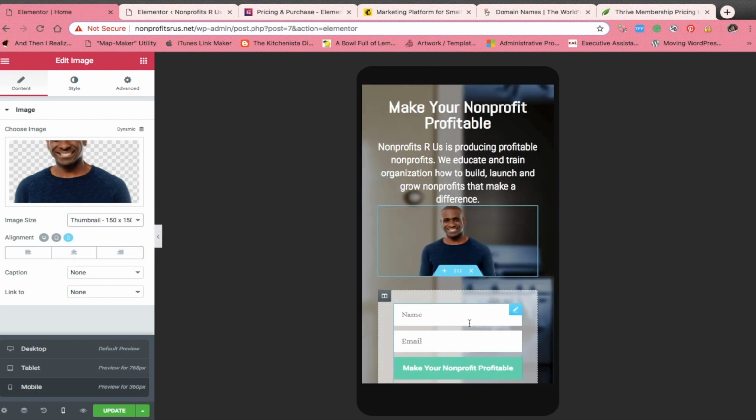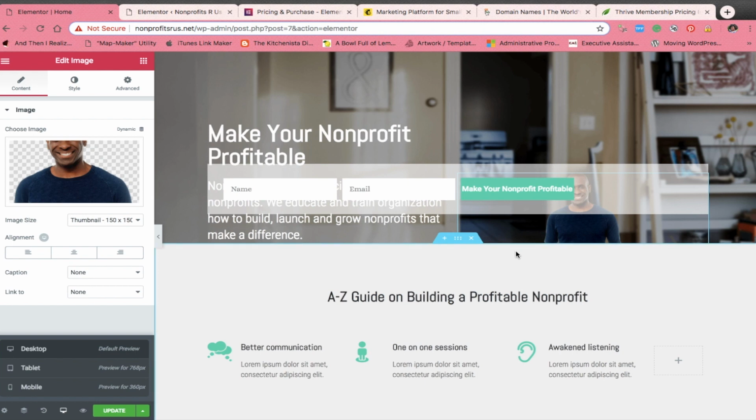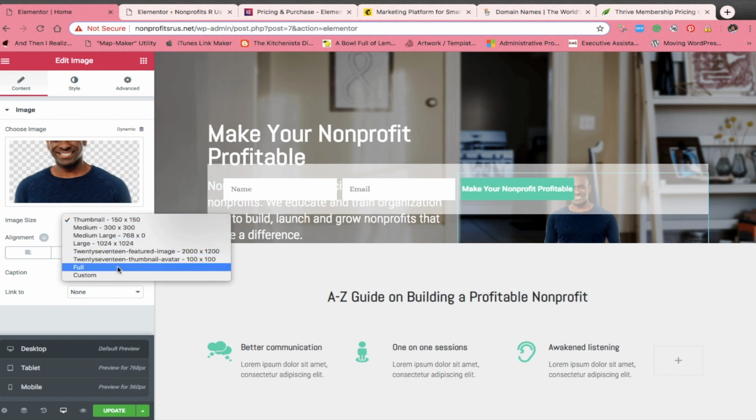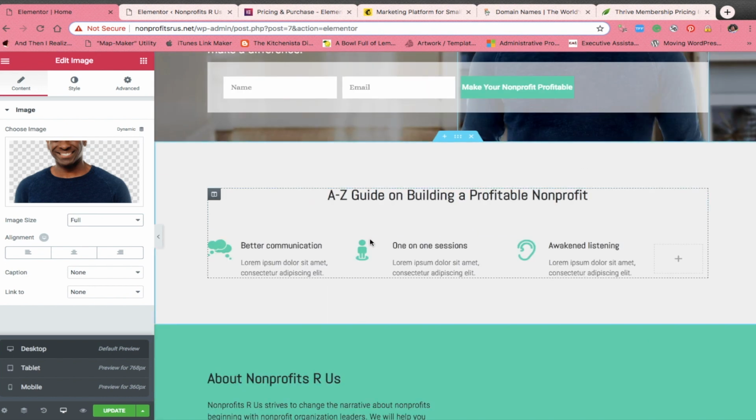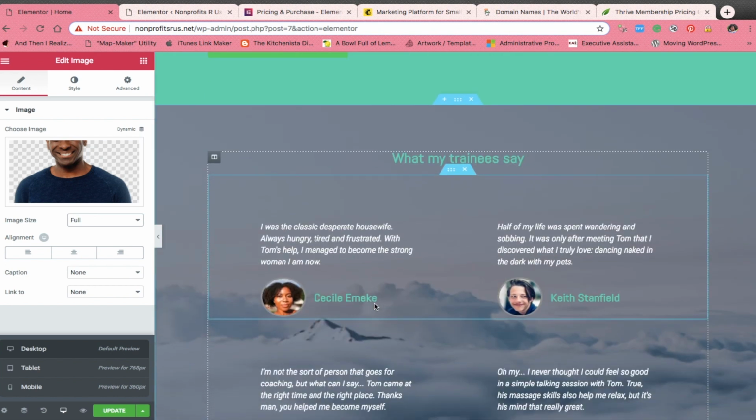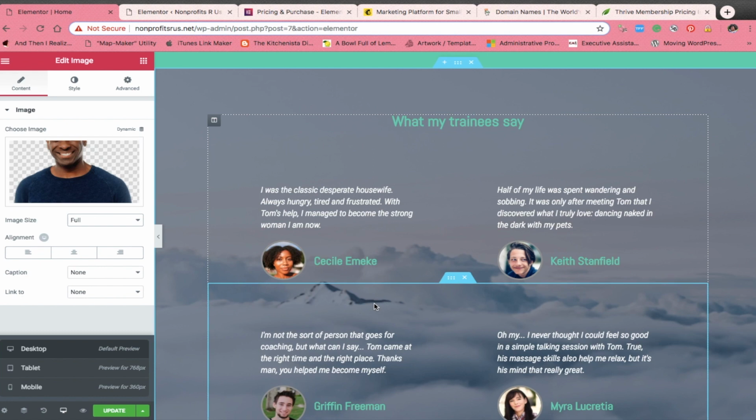That way on the phone, name, email, click without scrolling. But you have to play with it because you want to make sure it looks good on both. So I'm actually going to change him back to full to keep it. But you can change it. Like I said, you want your landing page as simple as possible. That will help you convert as fast as possible